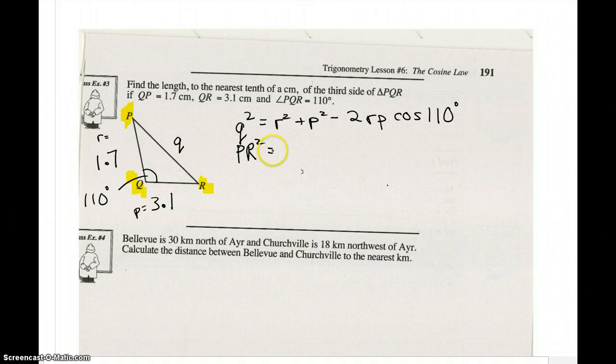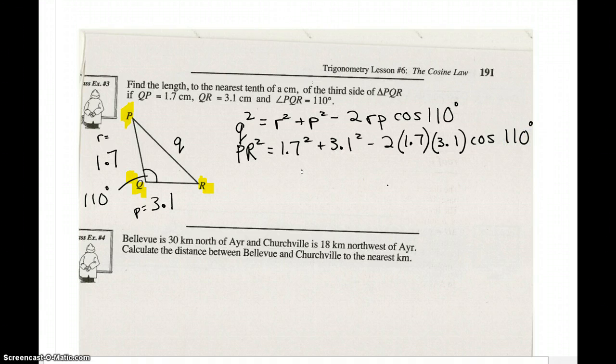It's the same thing. R squared is going to be 1.7 squared plus 3.1 squared minus 2. Now the R is 1.7, the P is 3.1, and the cos of 110. And again, that's not using your second function. That's just going ahead and coming up with the actual trig ratio. Plug all of this together, and I end up with, again, try it on your calculator, make sure you know how to do this, keeping in mind your BEDMAS, and we end up after